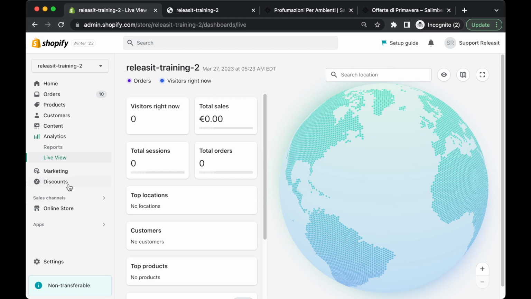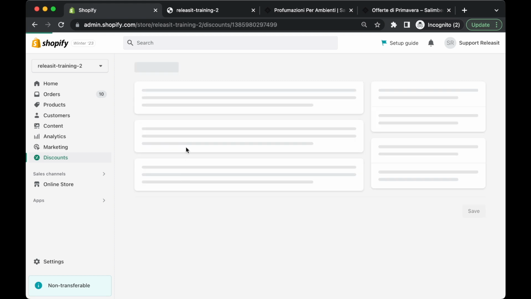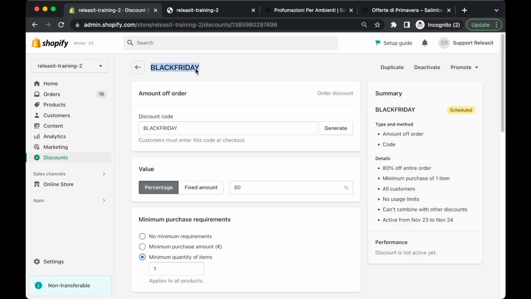We can then skip to the discounts page. This is a page where store owners create discounts for their products. A very good example is a Black Friday discount. So for Black Friday, if a store owner wants to offer a big promotion for their customers, they can go